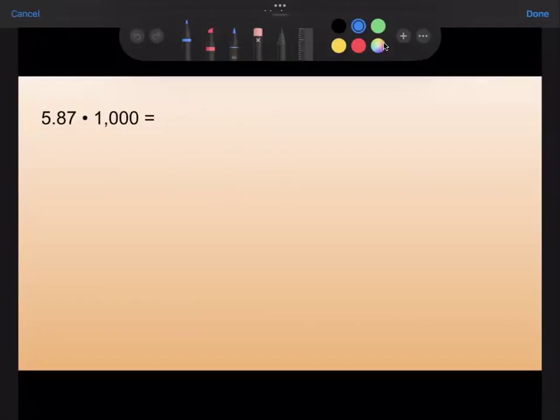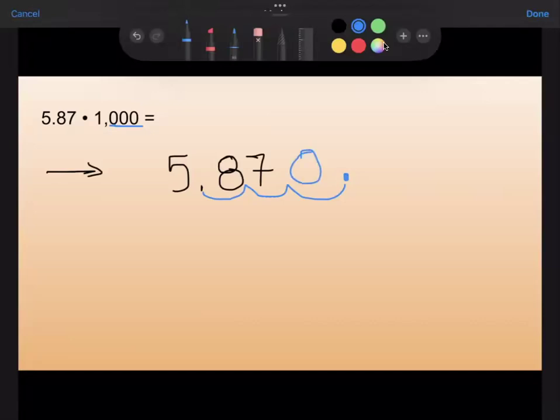Okay, here is our last example for today's video. We're going to take 5.87 and multiply it by 1,000. So I'm going to start by writing out my decimal number, 5.87 right here. And when we multiply, we move the decimal to the right to make that number bigger. And when we come over here, we see 1000 has 3 zeros. So that means we need to move the decimal 3 spaces to the right. So I'm going to go ahead and start doing that. 1, 2, 3. Now, what you may have noticed is that I didn't have enough spaces to move it. So I kind of created an extra space after the 7. If that ever happens, you can always fill that in with a 0. So final answer here would be